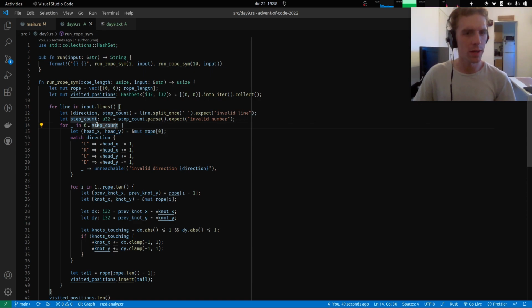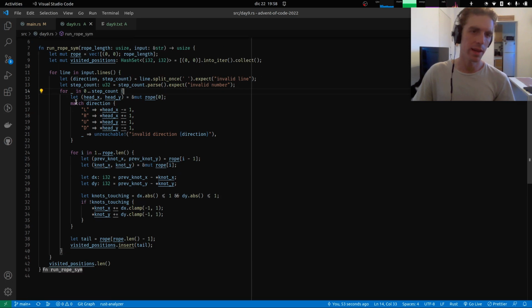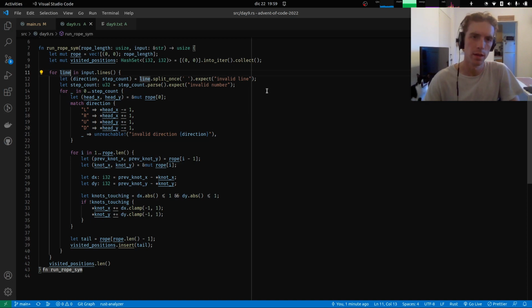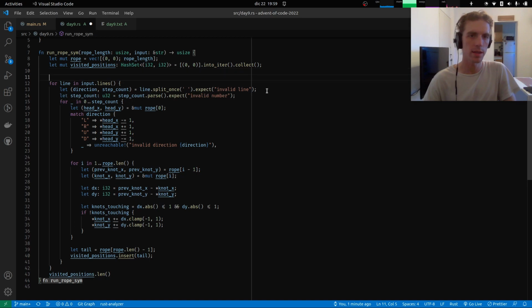One thing that I would like to try, however, is to kind of combine these two loops into one, because here basically all the interesting step simulation is done in this inner loop, and these two loops I guess could be combined. I think if we did something like, let's see, here we are parsing this. Is there something like